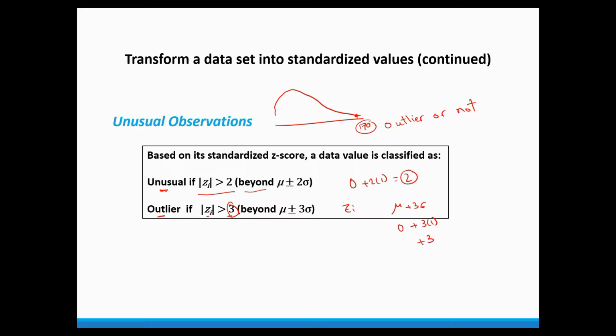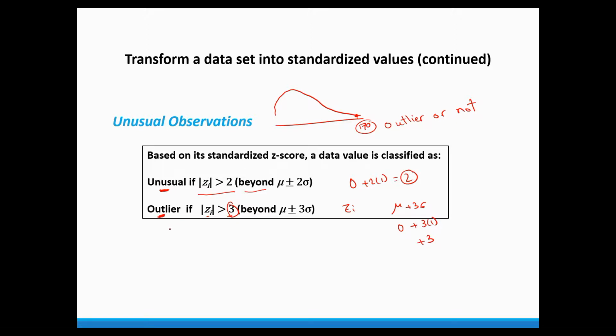So if the absolute value of the z-score is greater than 2, we call the observation unusual, and if the absolute value of zi is greater than 3, we call this observation